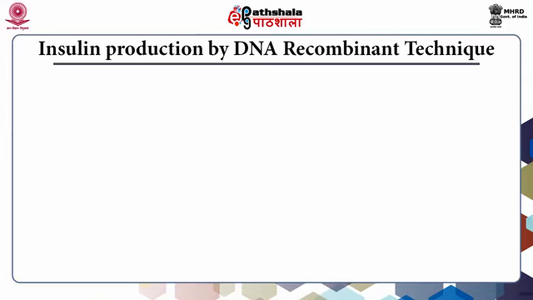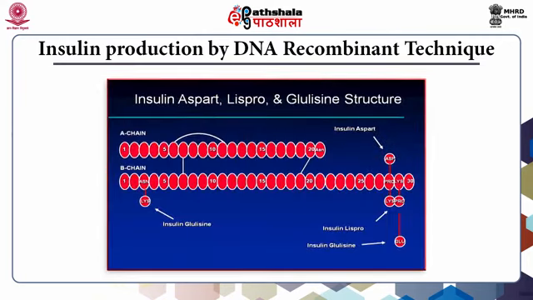Let us look at insulin production by recombinant DNA technique. Diabetes mellitus is characterized by hyperglycemia resulting from defects in insulin secretion or action of insulin. Through recombinant DNA technology, insulin aspart, which is structurally identical to human insulin except that aspartic acid is replaced with proline at position 28 on the B chain of the molecule, imparts more rapid absorption than